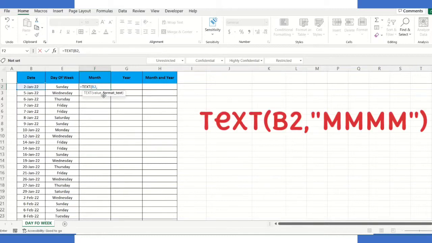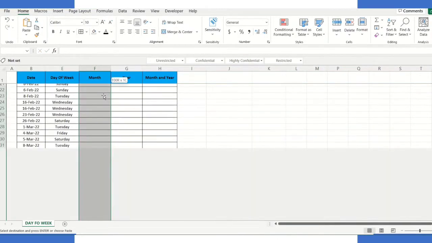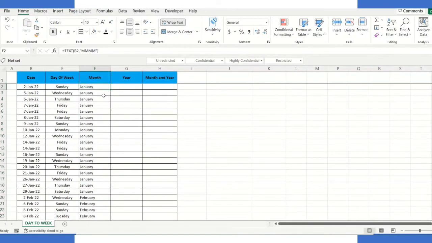Okay, for month I'm going to use 4 times m. So just open inverted comma, m, close inverted comma, close the bracket. Sorry, close the bracket. Press enter. Copy the same and apply to the rest of the cells. See now,